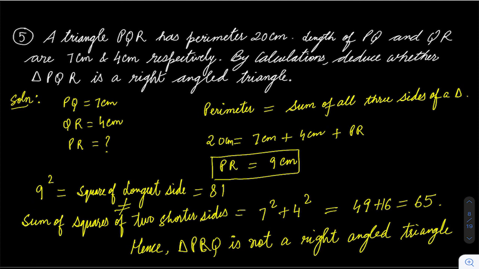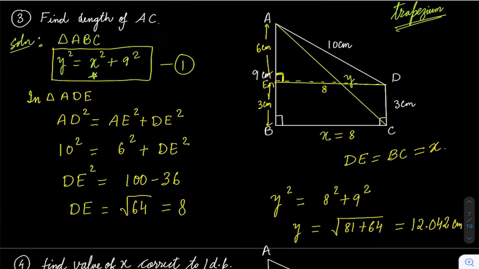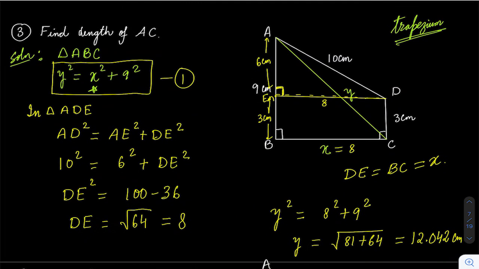So sometimes there might be a 1 mark or 2 mark question also that says prove that this is a right angle triangle or prove that this is not a right angle triangle. So you can use the Pythagoras theorem to prove this or disprove this also. I hope everyone understands this. So that's all for Pythagoras theorem. And we will solve some more Pythagoras theorem questions when we combine trigonometry with Pythagoras theorem.